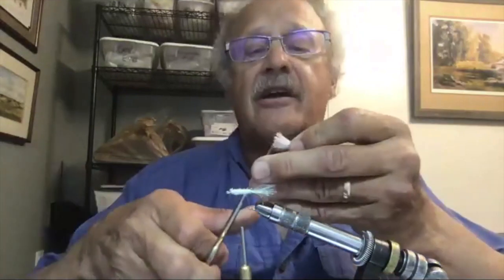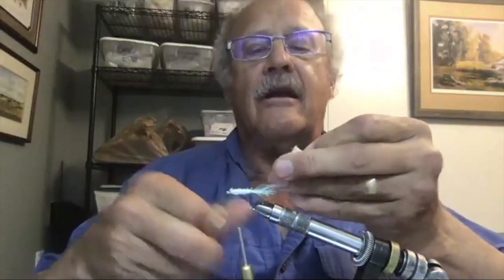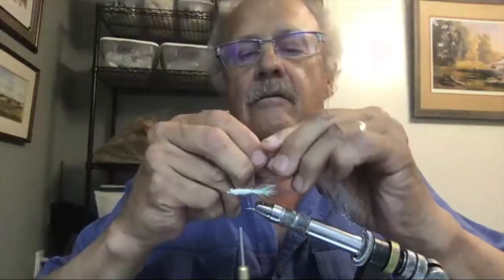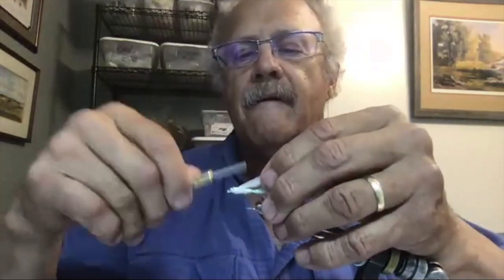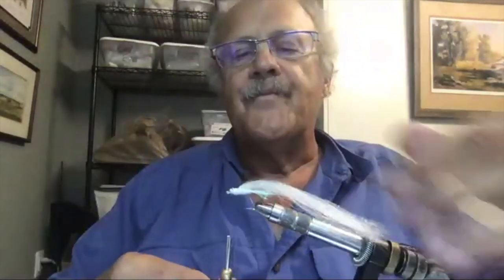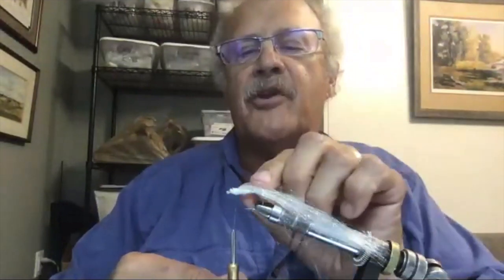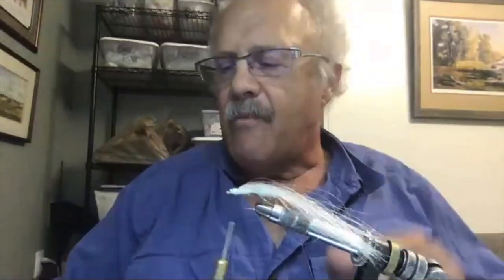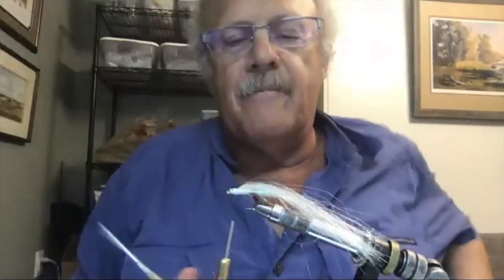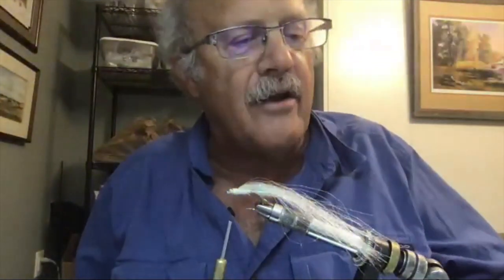Take a little chunk of that and sort of cut it at an angle here. Then I'm going to hold it right up there and cut through it a couple times with this mono thread. And then sort of roll the material around so it's on both sides. And then as I work up, I'm going to tie on a little bit of a